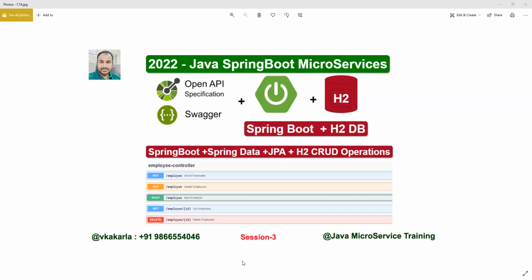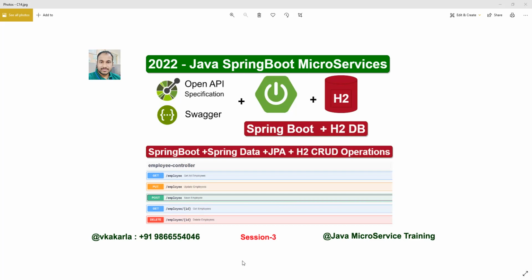In the next class we will see how to integrate a SQL database with Spring Data and Spring Boot. The database will be changed: tomorrow the SQL database, and the day after tomorrow MongoDB. One by one, whatever we scheduled, we will see the classes. Each and every class is unique and very important for the next level classes. So thanks, friends.